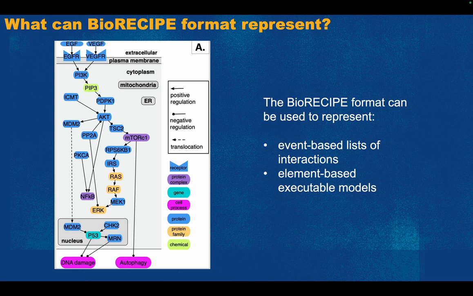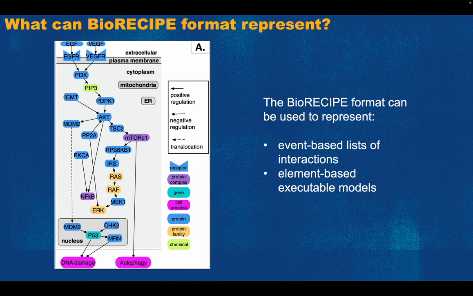The BioRECIPE format serves two purposes, allowing the representation of two distinct formats. One is event-based needs of interaction, the other is element-based executable models. So in the following slides, we will discuss these two different types of formats, but first of all, in